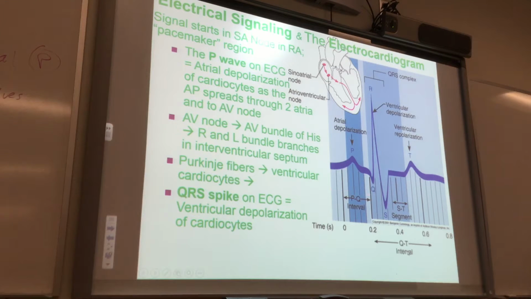And then here's the PQ interval. So just from what we know about the P wave, what do you think the PQ interval is? Well, that's a good point. During the PQ interval, the mechanical event that's happening is atrial contraction. It's from the beginning of atrial depolarization to the beginning of ventricular depolarization. And then the ST segment,